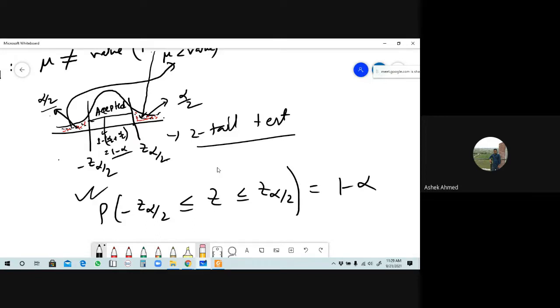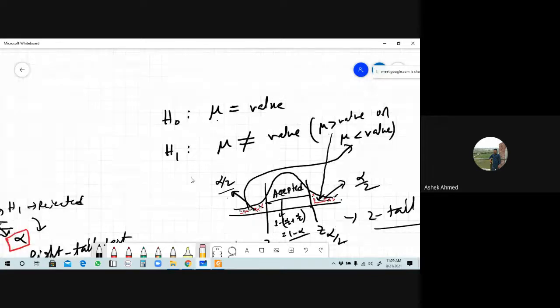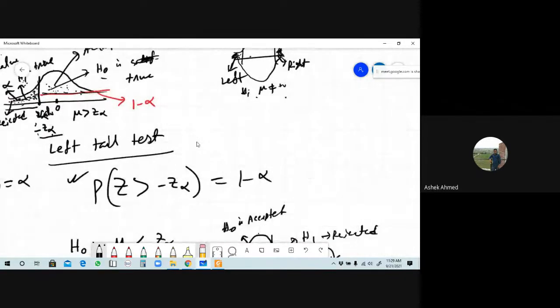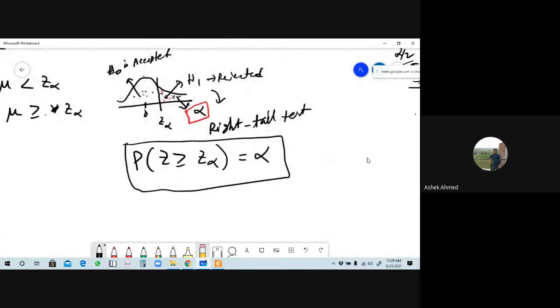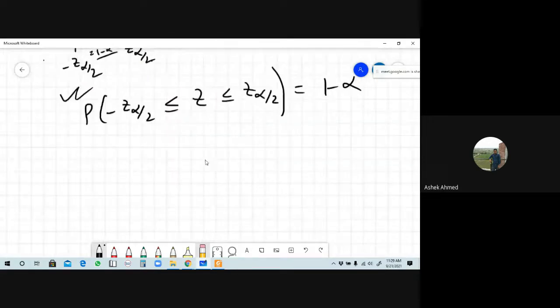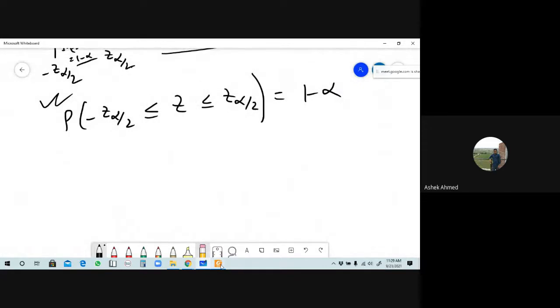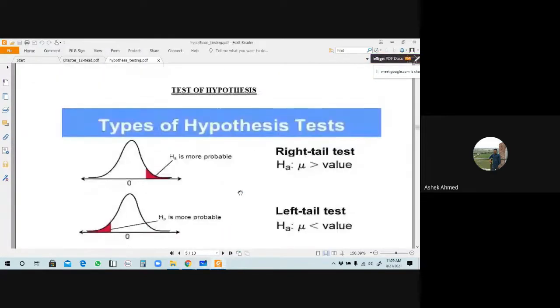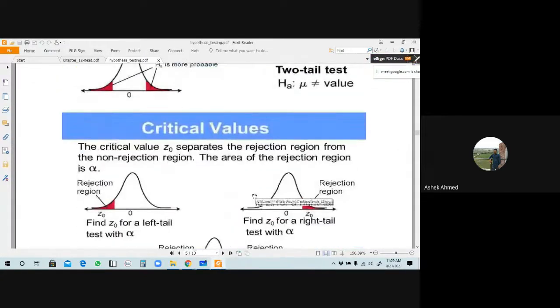So in this case we will apply this formula for the two tail test. Do you understand? Okay. So here we have three formulas, and we derived these three. For the left tail test we will apply this formula. For the right tail test, we'll apply this formula. And for the two tail test, we'll apply this formula here. Now we'll discuss some examples here. These graphs are explained here in another way, take a look.